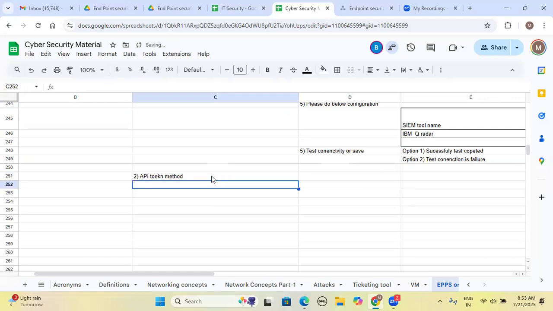So where we discussed this concept, we discussed under the vulnerability management tool. We logged into the Nessus Essentials tool, then we went to the profile account, and after that we clicked on the general settings. Then we generated the API access key and secret key. Whatever access key and secret key we copied from Nessus Essentials, we have taken to the SIEM